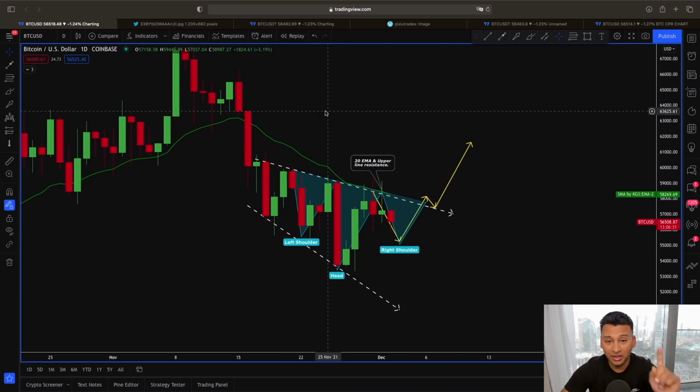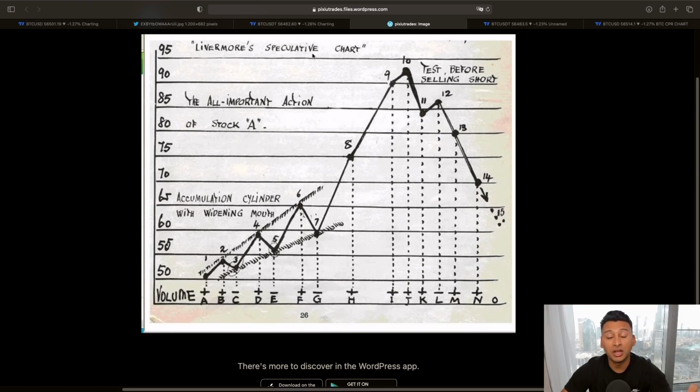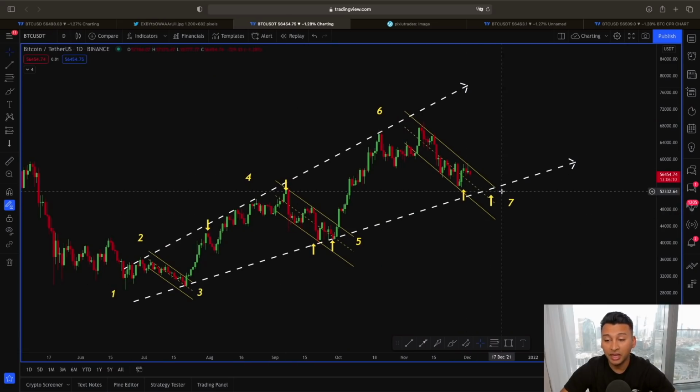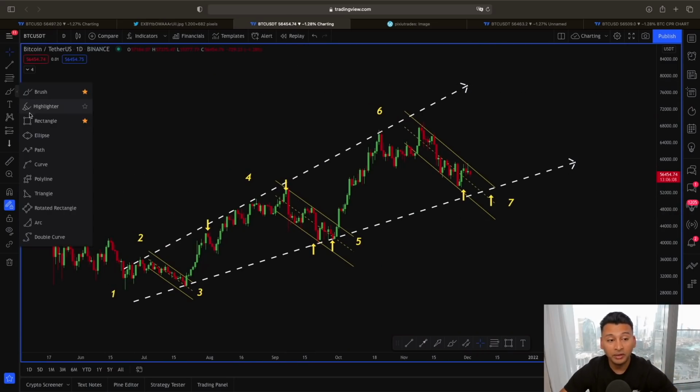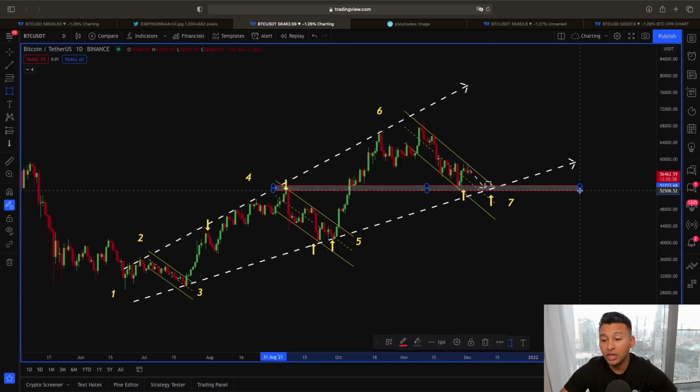And not just only this, according to this Jesse Livermore speculative chart, we have talked about this since the price of Bitcoin is also showing a pretty similar scenario. Just like this accumulation cylinder, we are approaching towards this 0.7 area. So as we are aware, if the price of Bitcoin does this further retracement around this lower line area of this ascending broadening wedge, and still finds support around that range, then we are aware around this 53,000,